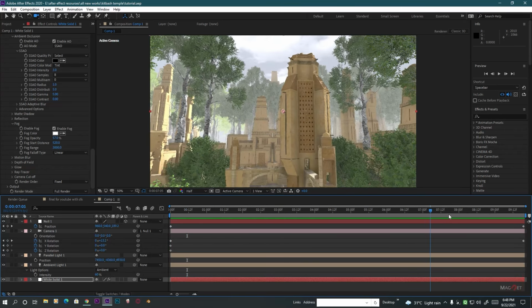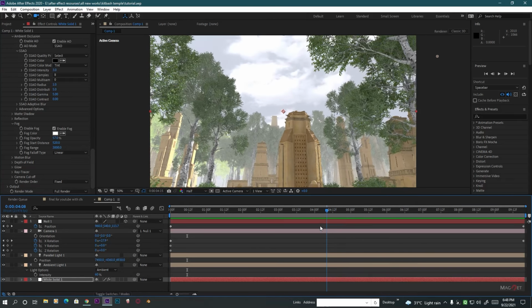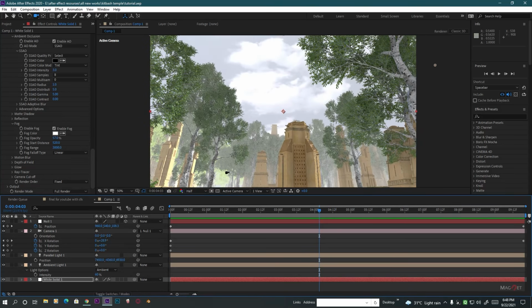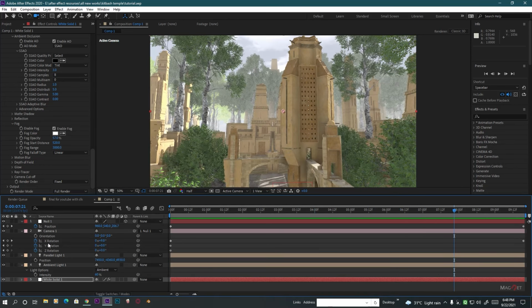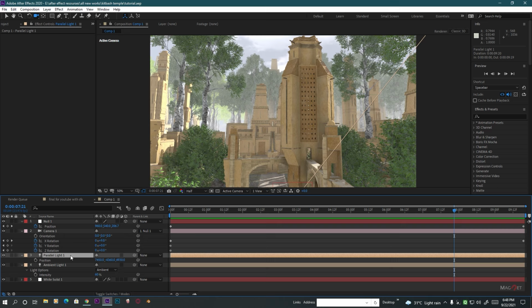Wow, that looks amazing. But one thing bothering me is that the far distance trees have a very intense subsurface scattering. So maybe our light is not placed right. So first we go to our light and then press P and just change the light position,